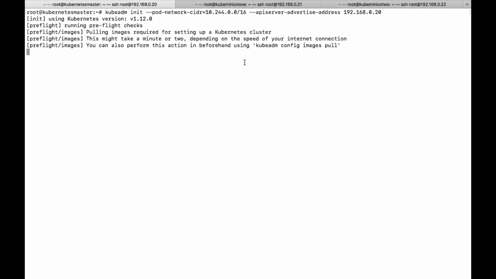Then let's try to initiate. You can see now we are using version 1.12.